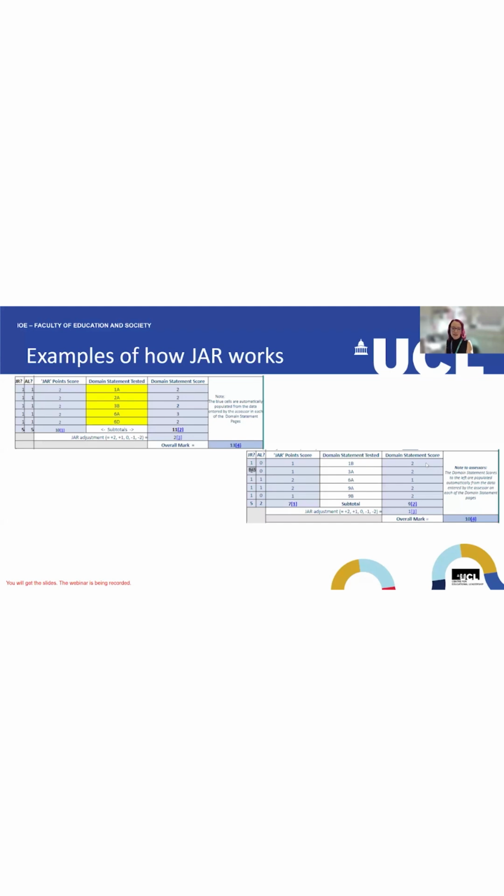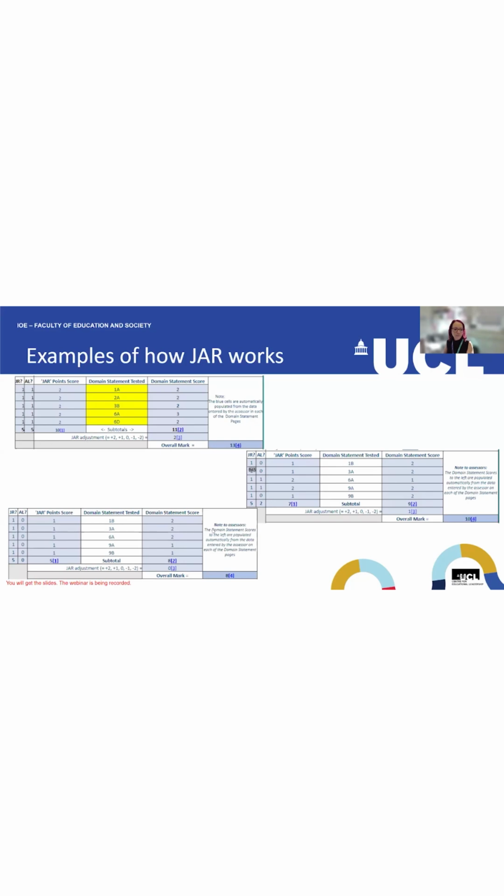You can see that here, this candidate has scored mostly 2s and a 1. It's a 9. And for their JARs, they've got some 0s, which has impacted on their JAR adjustment score. They've given it 1. So it would score 10. So depending on the moderation process, 10 could be a pass, 9 could be a pass, 11 could be a pass. We're in a bit of a danger zone with this one. We want to make sure we're not in a danger zone with it.